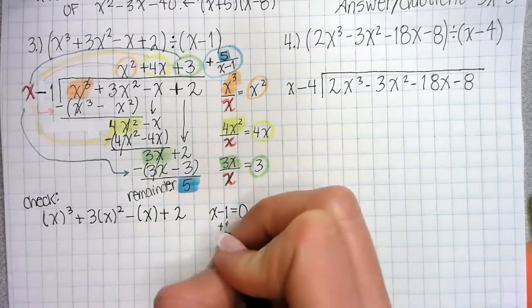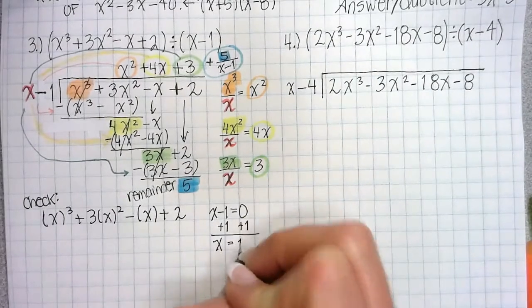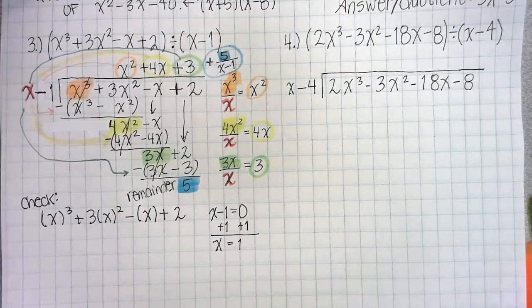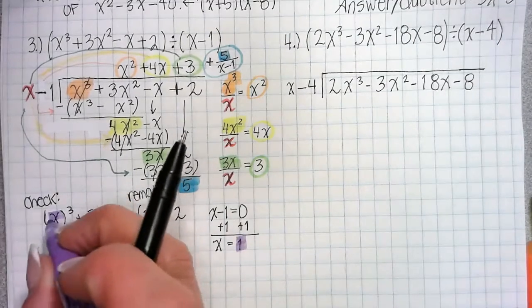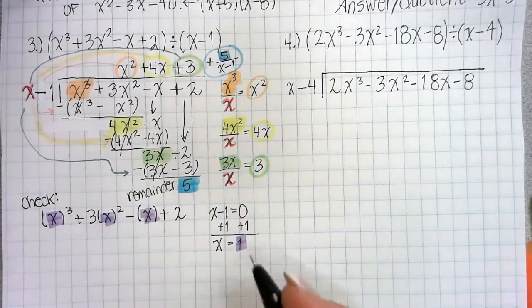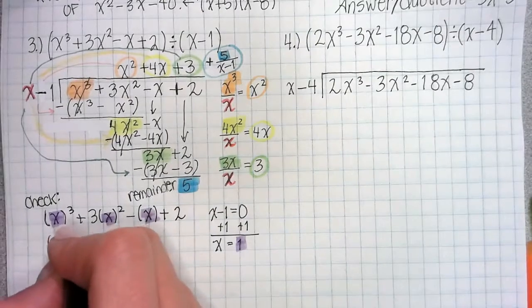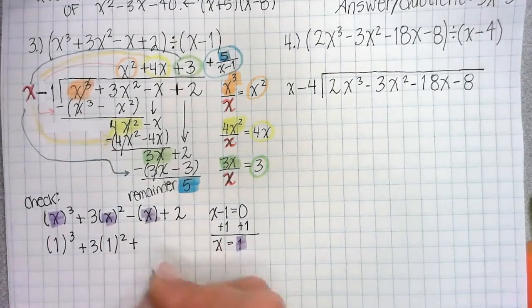We solve, you add 1 to both sides, so like the zero product property, right? And we get x equals 1. I'm going to take that 1 right there, and what I'm going to do with this 1 is fill it in everywhere I have an x and evaluate. So I'll get 1 to the third plus 3 times 1 squared,